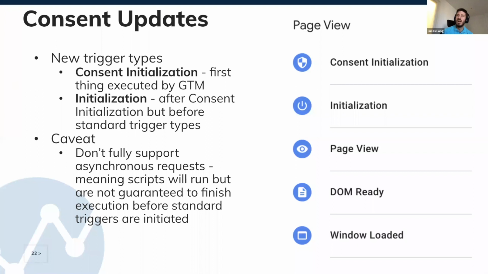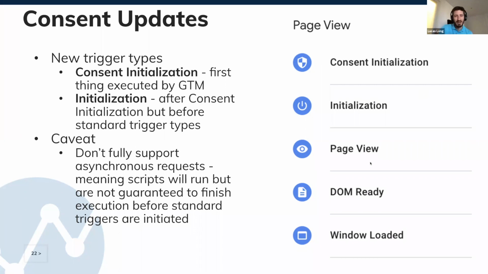issue, because what often will happen if you run your consent management platform on consent initialization, and then you also run your consent mode default script to read from that consent indication and set the default value of either enabled or disabled for the Google tags, is that often that consent mode indication will not be made until after tags that are set to load on page view have already begun to execute. So they won't respect those options. So what we've begun to do is push an event with the consent mode default initialization script, and then use that event instead of the page view for any tag that should run on the initial page load